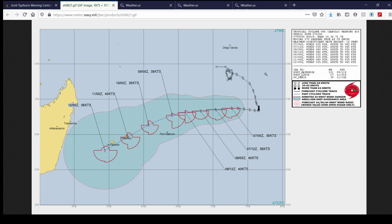Of course, the main thing to talk about is Tropical Cyclone 08S, also known as DANILO, which currently has 35 knot winds, which is about 40 miles per hour. So that's a low-grade tropical storm on the Saffir-Simpson scale, and it's forecast to kind of wane in intensity here. It's forecast to maybe go slightly up or slightly down in intensity over the next 2 days. But regardless, in this latest forecast cone from the JTWC, the Joint Typhoon Warning Center,